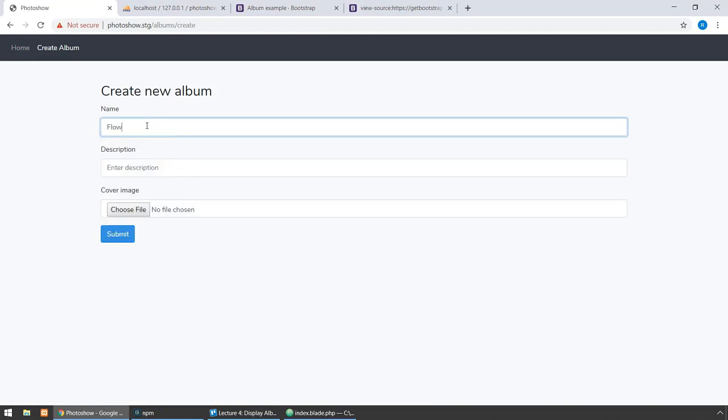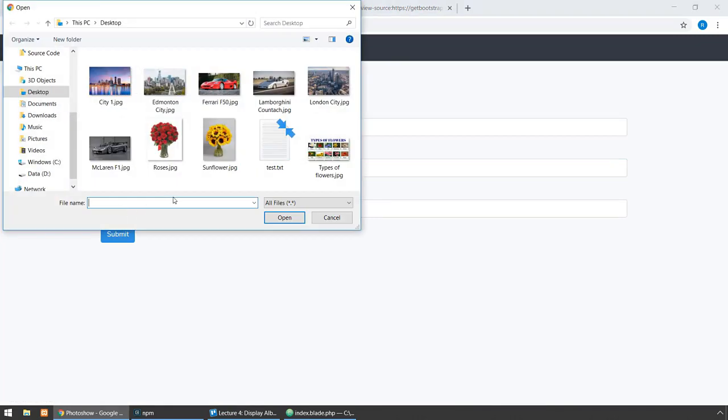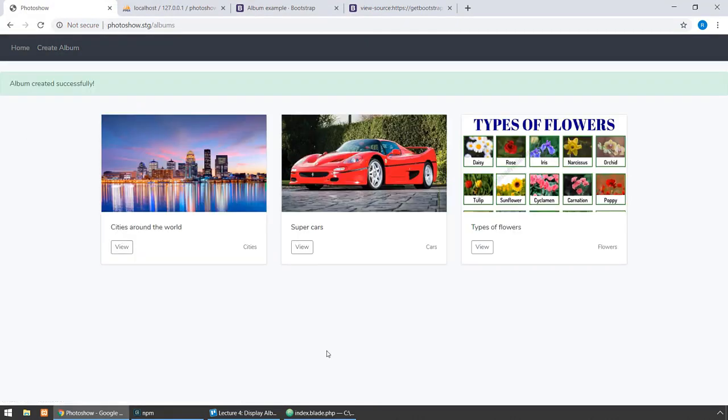Let's create another album called flowers, and we have types of flowers, and here you have a nice cover image, and we have types of flowers as well. So we have 3 albums,